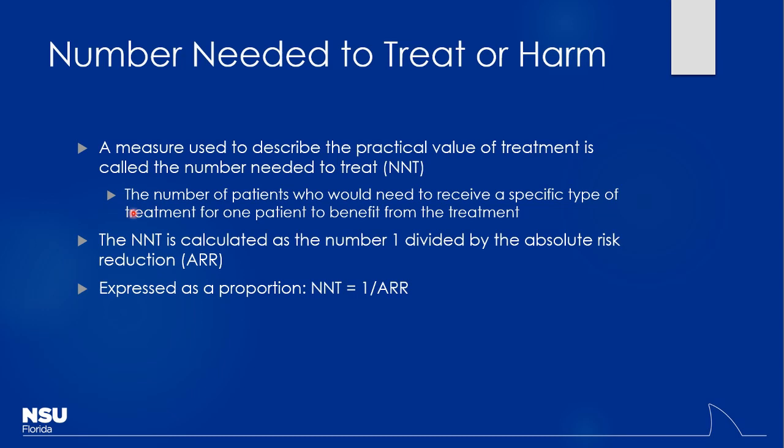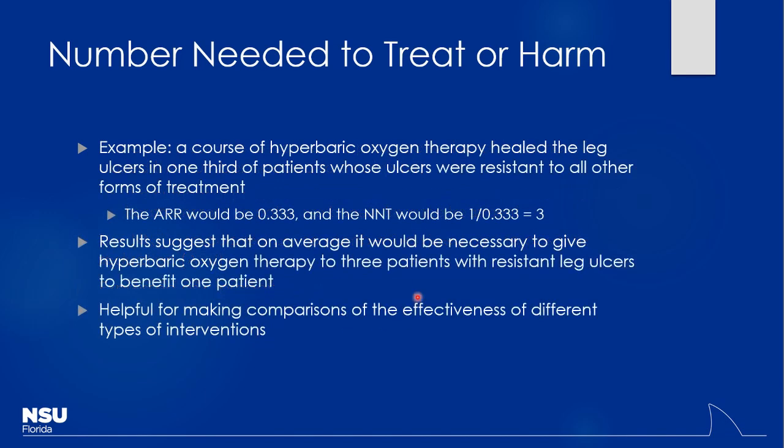Basically, how we calculate that, and it's very easy actually, is you just take the absolute risk reduction, which we know how to calculate, risk of the exposed minus the unexposed, and you just invert that. You take the reciprocal, 1 over that, and you'll end up getting the number needed to treat. So as an example here, if I were to look at, say, using hyperbaric oxygen,